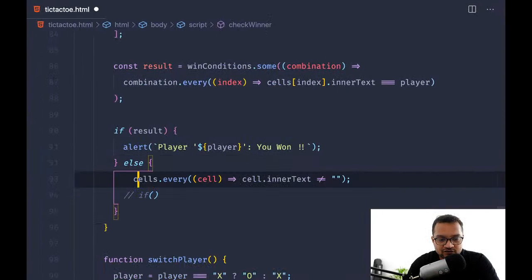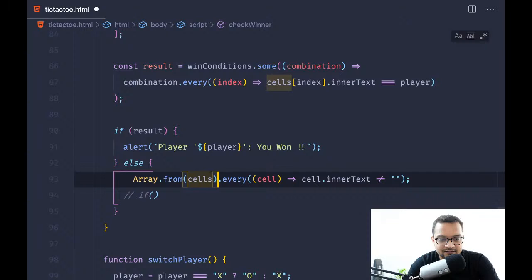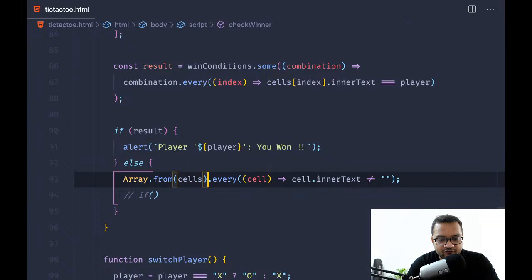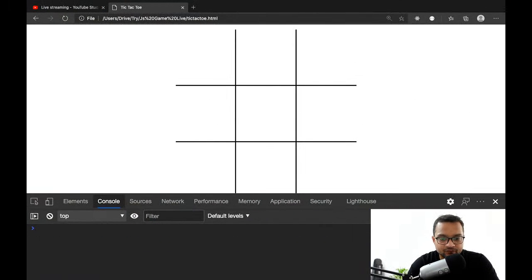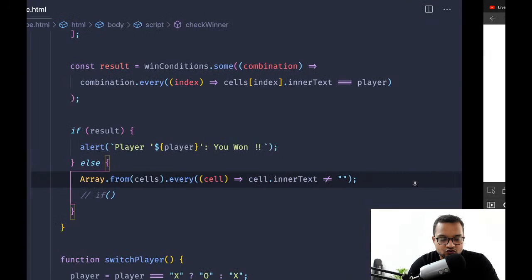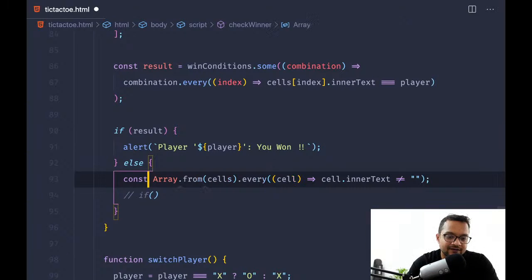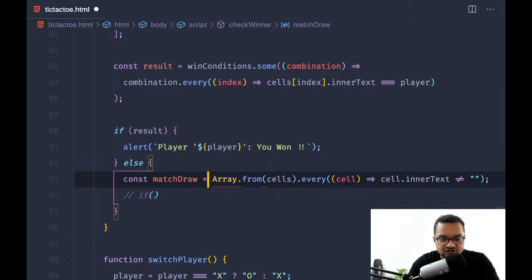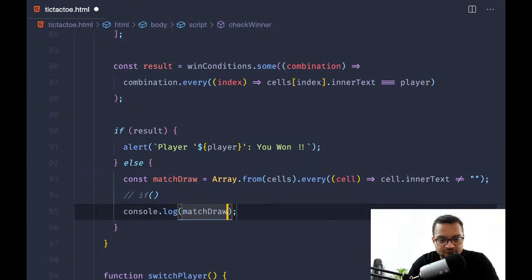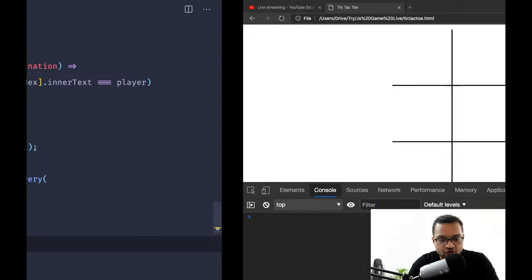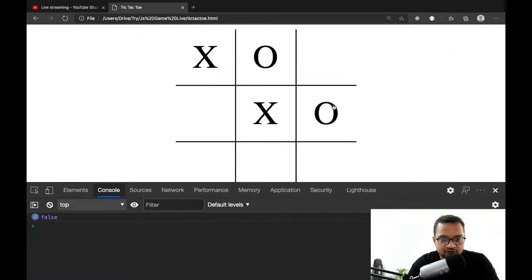Now we need to use Array.from(cells), and then do the every part. We can call it matchDraw, and the condition is this. So we can log matchDraw, reload, and false, false, matchDraw is false,